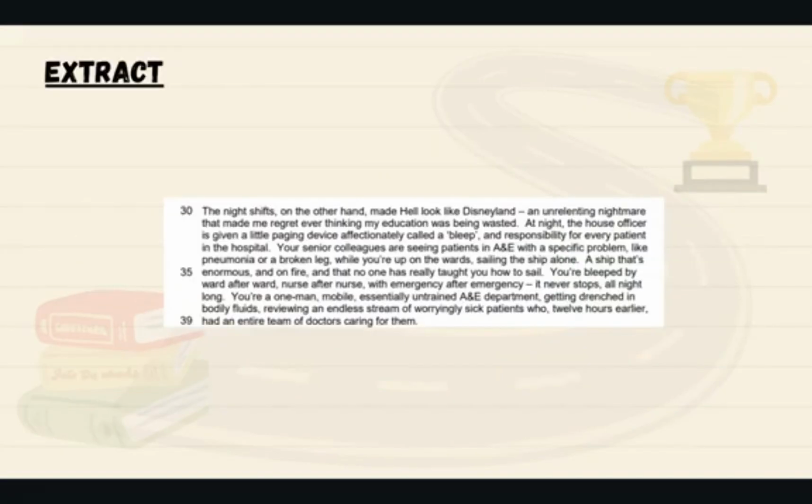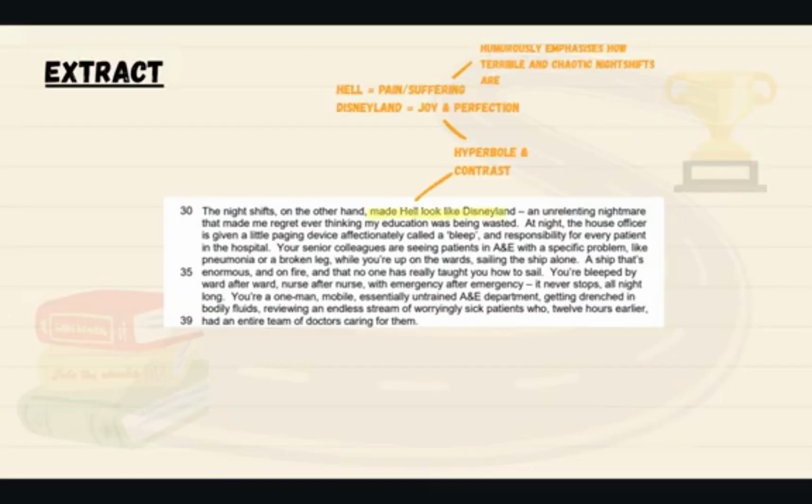Here is the extract we have to focus on for this question. So I want you to pause the video now and have a go at picking out a few quotes that demonstrate what it's like working night shifts at the hospital. Have a go at looking for language methods and analysis, and when you're ready, press play so we can do it together. So the first quote I've picked out is made hell look like Disneyland,